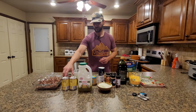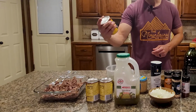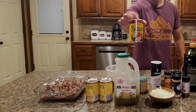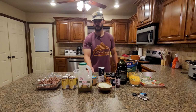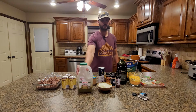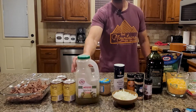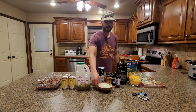So then I've got 30 ounces, or basically these are 10-ounce cans of green chili enchilada sauce. So I've got 3 of those, or 30 ounces. I've got 1.5 cups of salsa verde. You'll need 2 cloves of garlic, 1 onion,